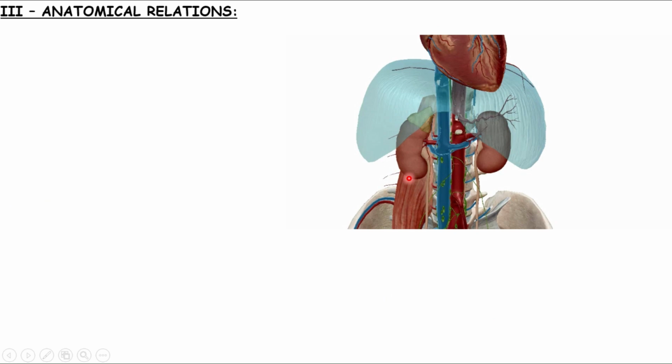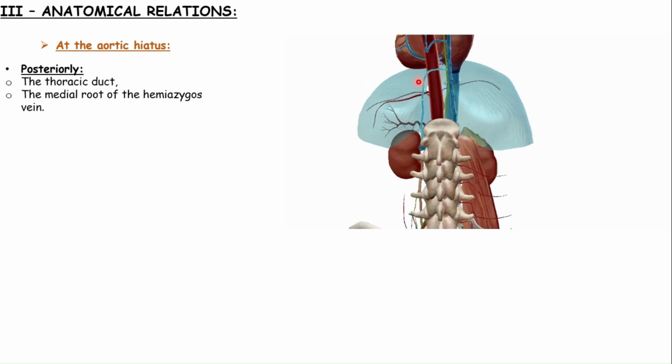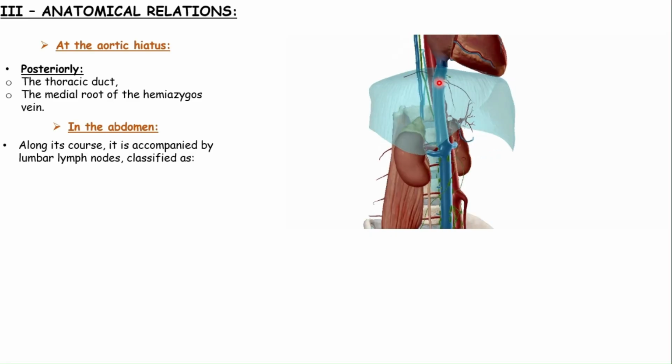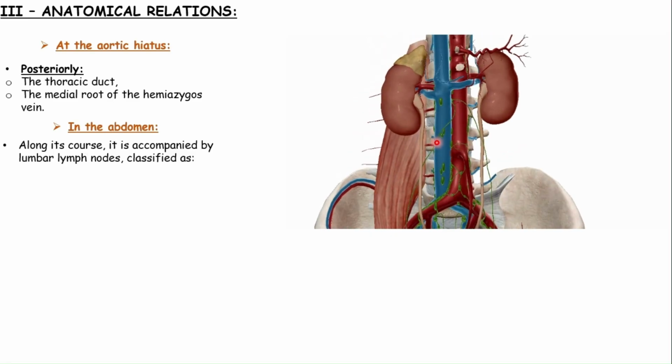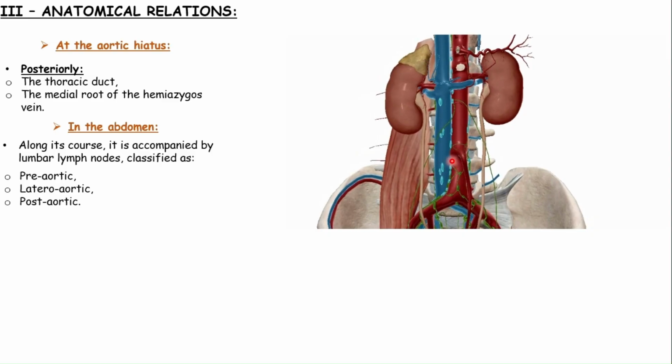The anatomical relations of the abdominal aorta, at the aortic hiatus, are posteriorly, the thoracic duct and the medial root of the hemiazygous vein. Along its course in the abdomen, the abdominal aorta is accompanied by lumbar lymph nodes, classified as preaortic lymph nodes,